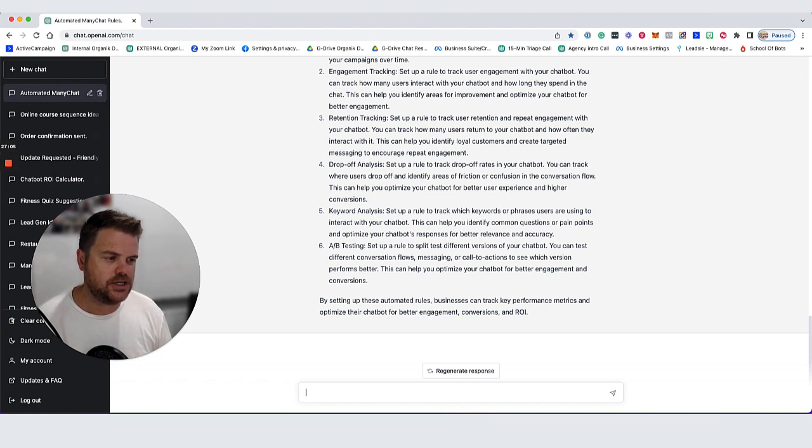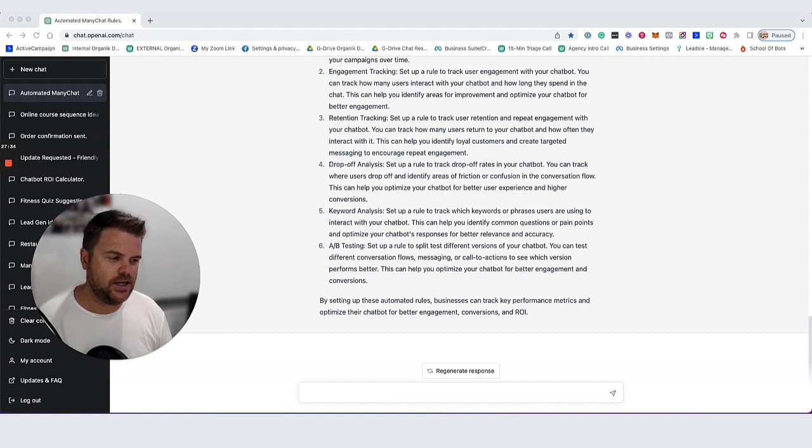So I think I've gone through one. It's got strategy. We've done lead gen ideas. We've done FAQs. We've done quiz suggestions, different keywords that you can use, and how to structure them in different ways. How to use different sequences in ManyChat. A list of the rules that can be used to track success that we've just done. Rewriting the copy and coming up with copy suggestions, using and rewriting canned responses, and actually the last one,